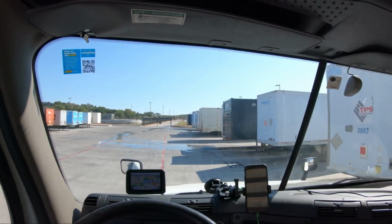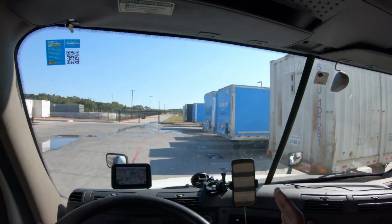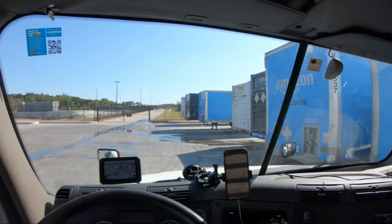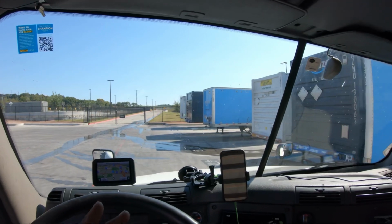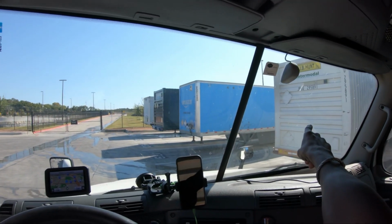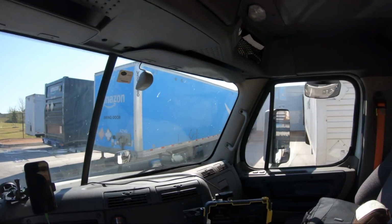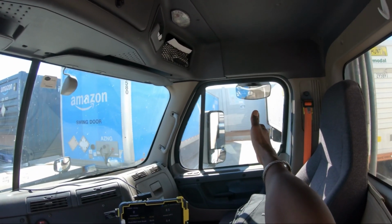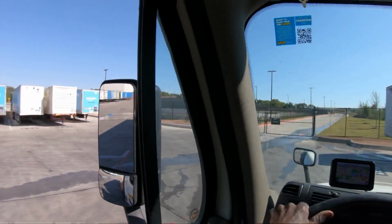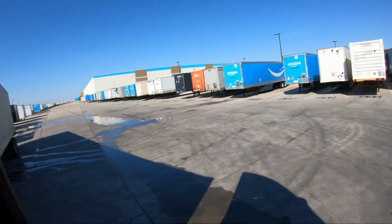So I'm gonna come in somewhat close, but this time I don't want to be very close, because remember, I'm gonna make as if I'm making a U-turn. So I want to be very careful, not with my trailer swing. But right there between the Amazon and this one, that's the 478. So almost like what I do, I come, I look at the place I'm gonna back into, and then I'm gonna make as if I'm making a U-turn, right? So I just go, I'm looking at my trailer,